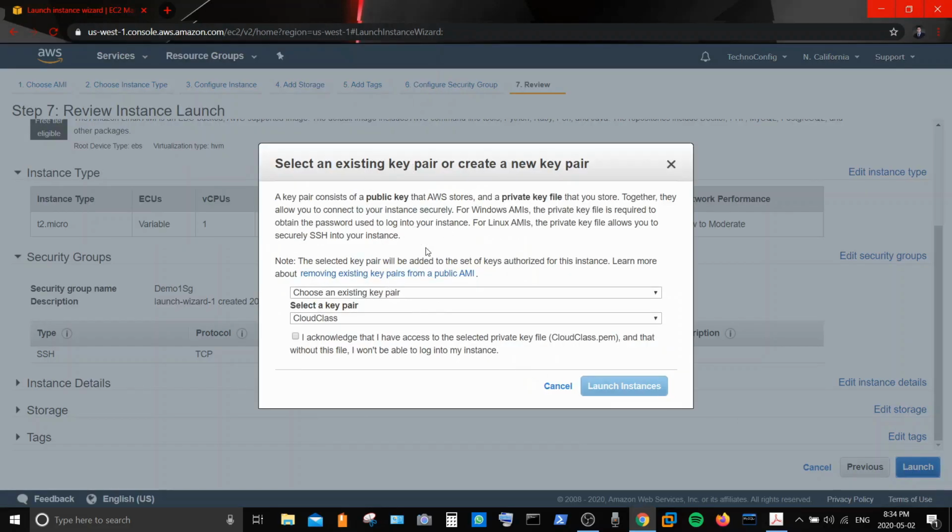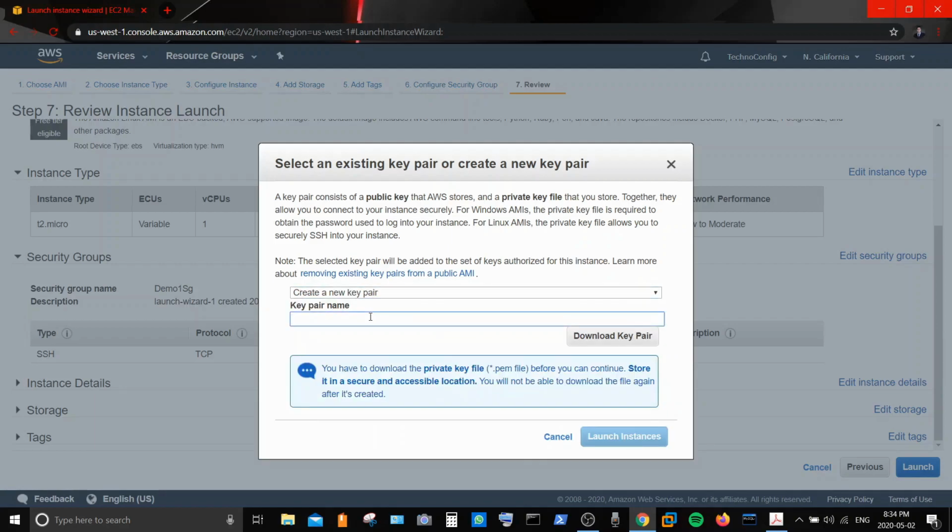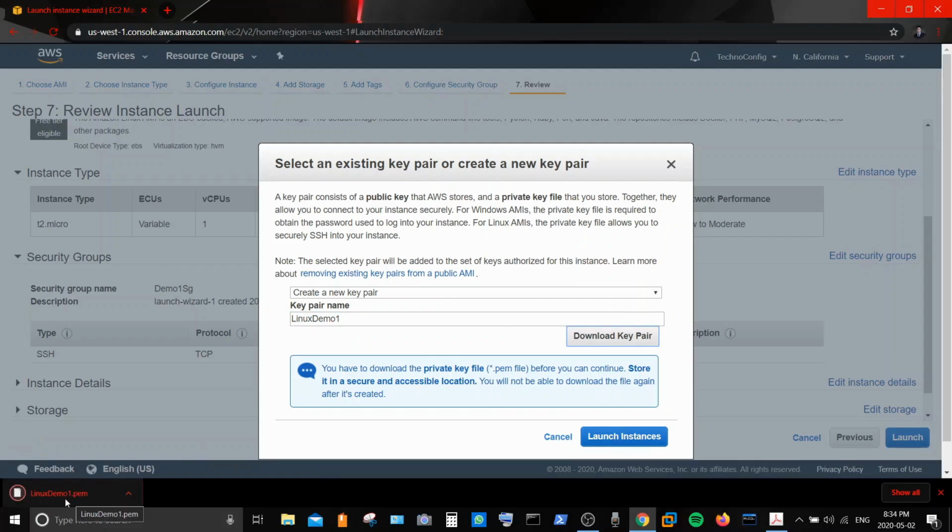Here we have the authentication method that you have to create. We are trying to create a key pair, public and private, for authentication to SSH to our instance later on. So basically if you have an existing key, use it, or you can create a new one. Name this key, let's call it Linux demo1. You are downloading the key pair here. So basically download it and make sure the private key is in a safe location. So now it's downloaded. We can launch our instance,